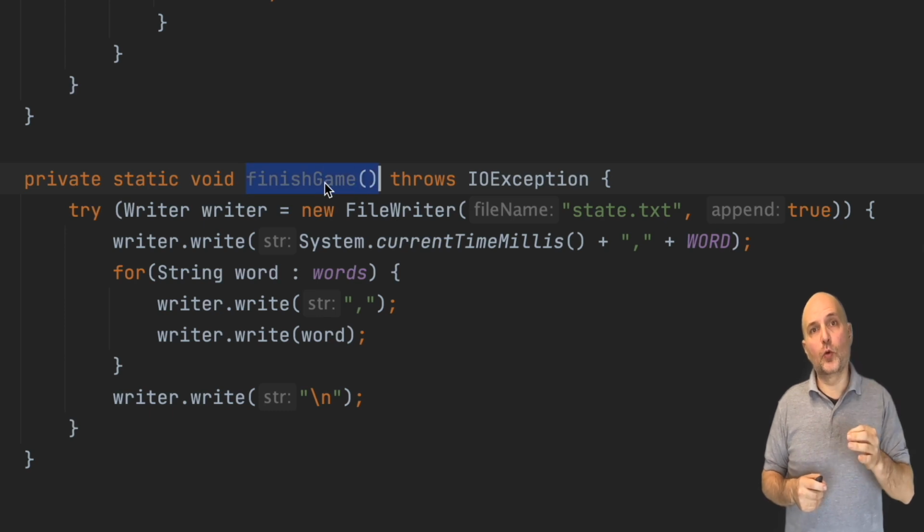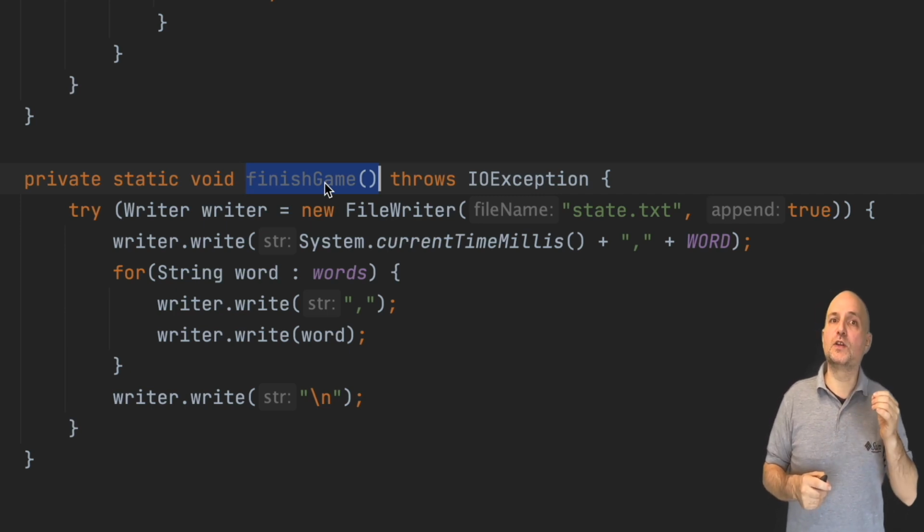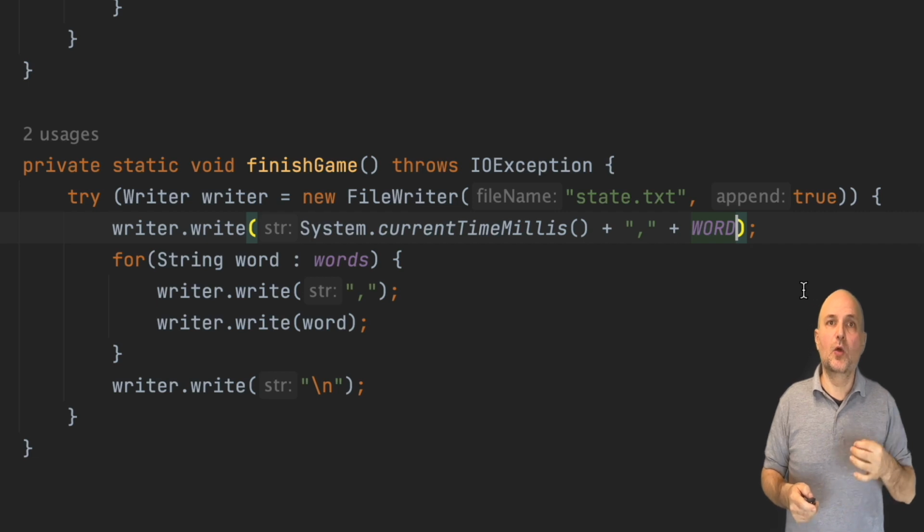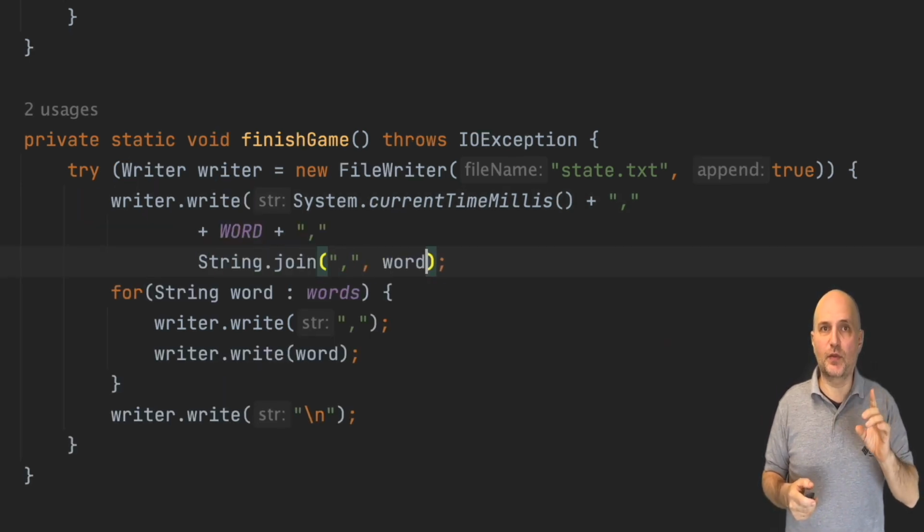Next, we loop over all the words that the user entered and write each one with a comma before it. Finally, we finish writing the line with a single new line. But there's a better way to write this exact same code. We can implement the entire code with a single write method.